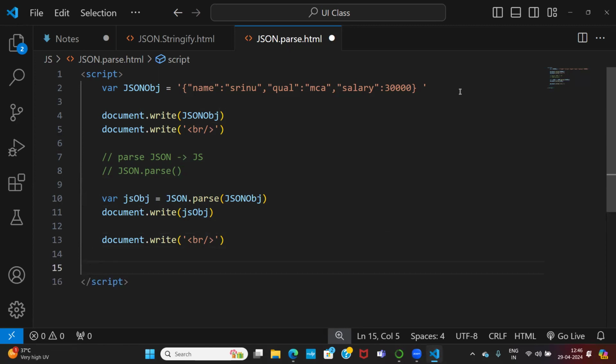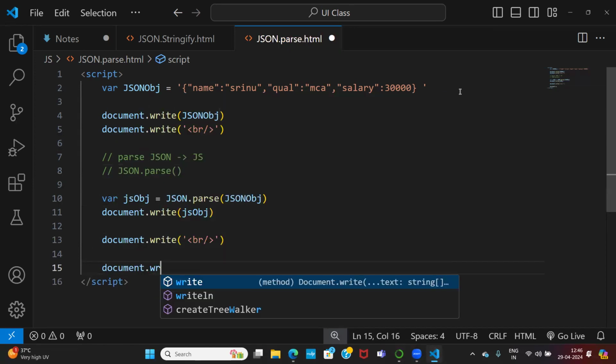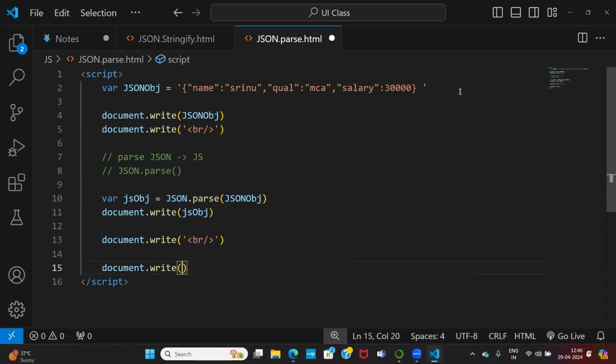Can I go and attach it to the HTML now? Document.write name is, then name, qualification, salary. Name is JS object dot